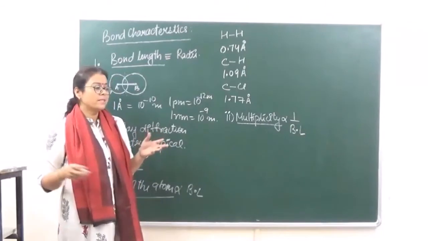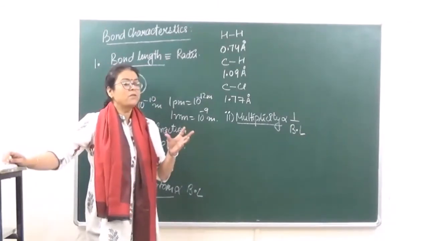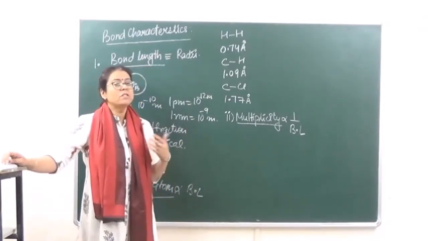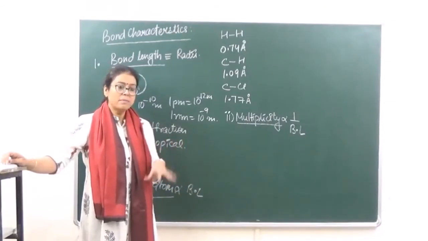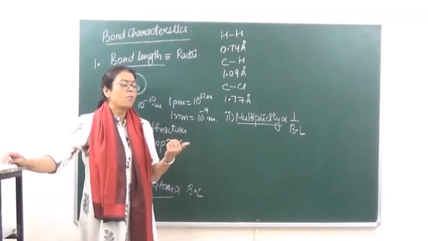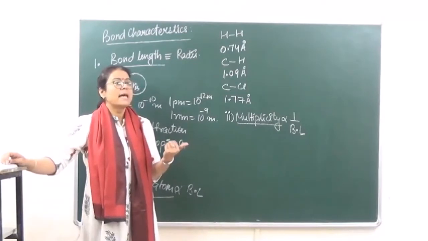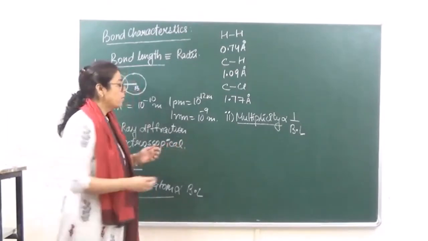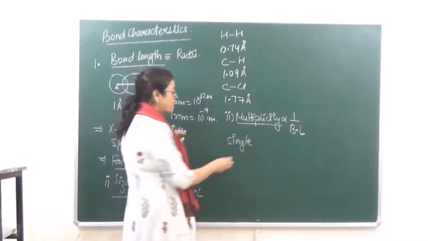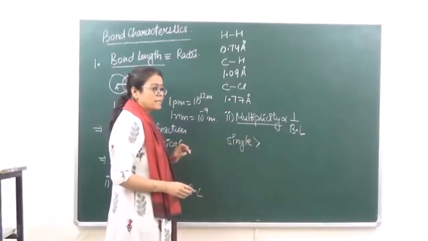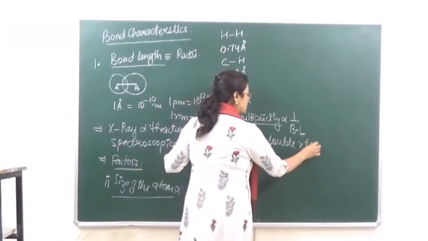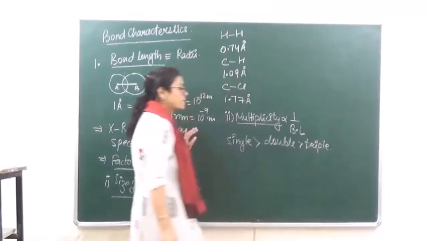If there is a double bond present, the forces of attraction will increase and they will hold the atoms closer to each other and the bond length will decrease. And if there is a triple bond present, forces of attraction will still be greater, and the two atoms will be bound more attractively or with more force, and the bond length is going to decrease. So what do we say over here? If we are talking of a single bond, the bond length in case of single bond is going to be maximum. ठीक है? फिर उसके बाद आ गया double bond, and the shortest bond length is for triple bond.